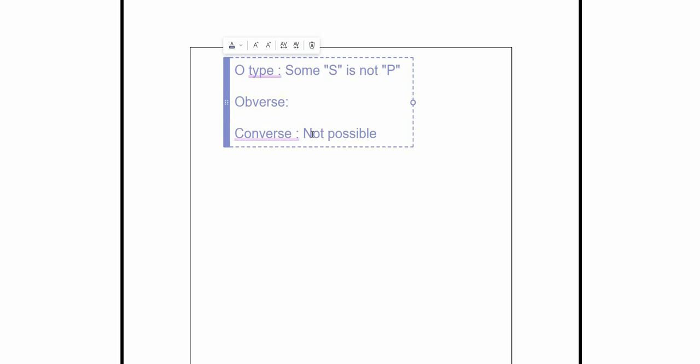Obverse of O type we know is I type. Okay, and here the rule is that we have to keep the subject and predicate at its place, but replace the predicate with its complement. So I type is some S